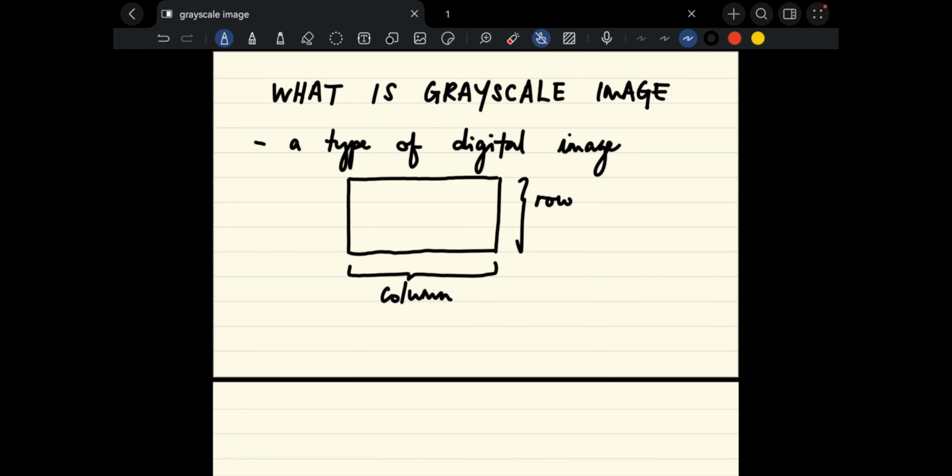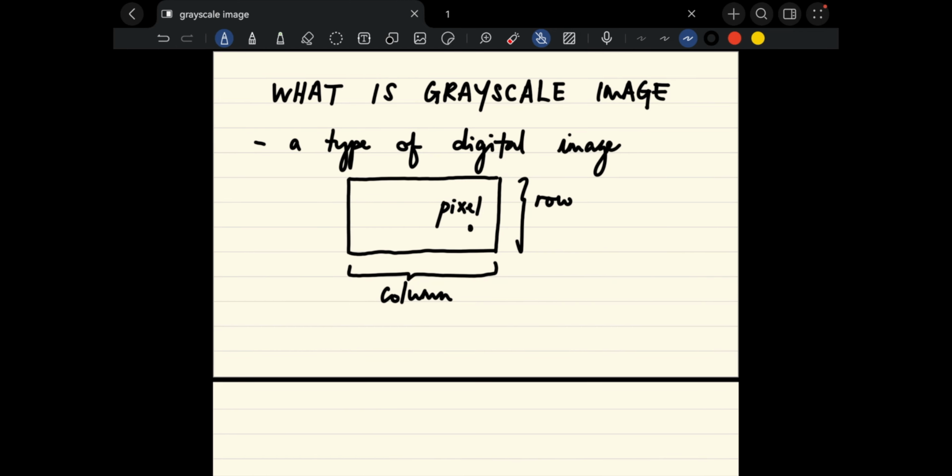And one dot in that image is called a pixel, and this pixel has values.